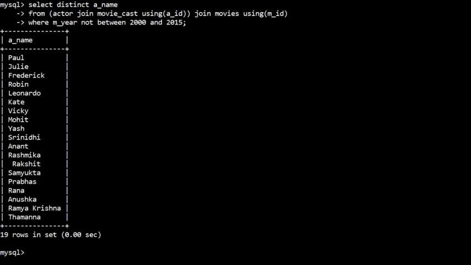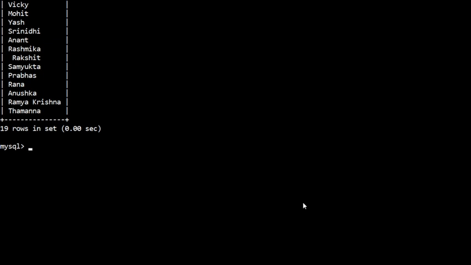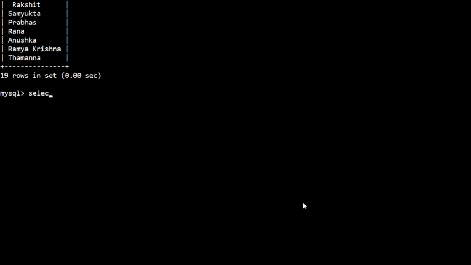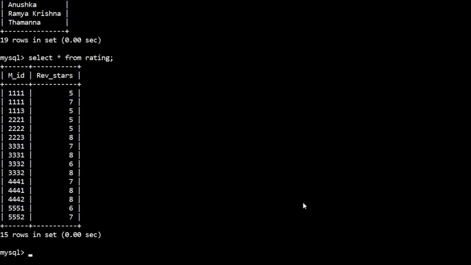Okay, so here if we see the rating table, these are the movies. Here you can see the movie 1111 is having 2 reviews. So we need to display the number of reviews or ratings and what is the maximum rating for this movie.